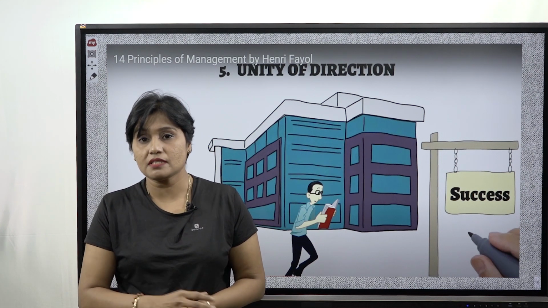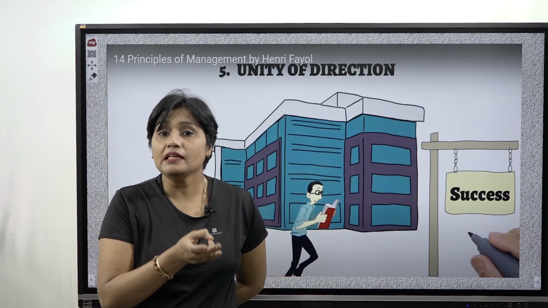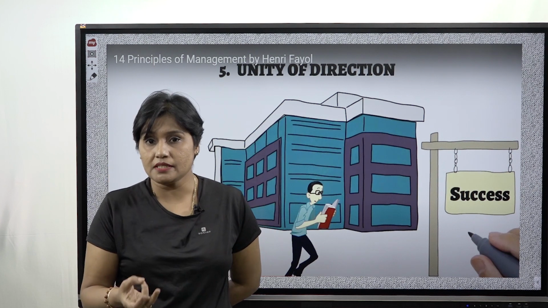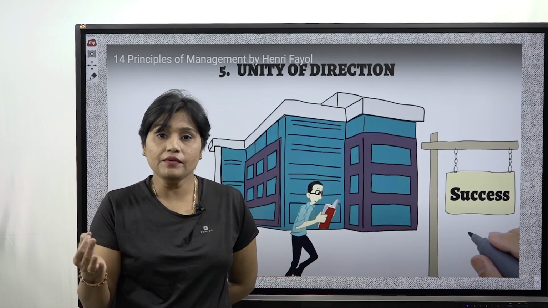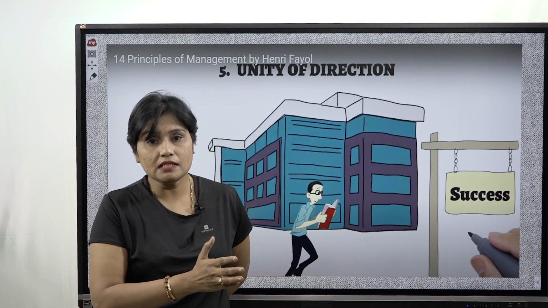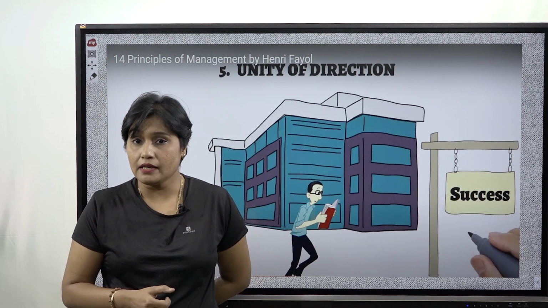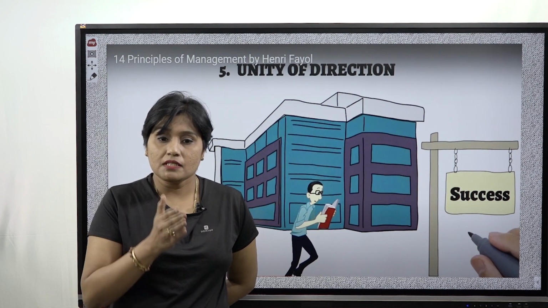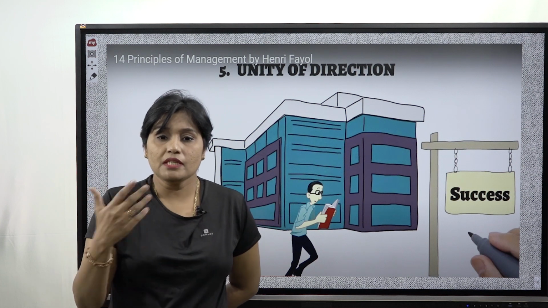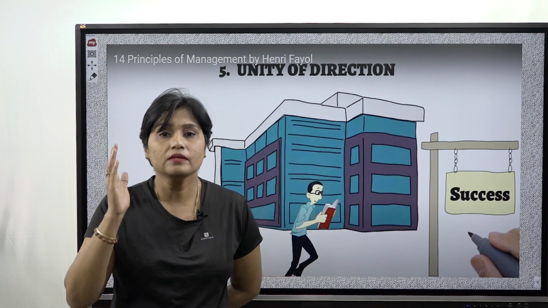Now, what are these 5 M's? Men. Men means the laborers. Money means the money investment. Machine means the production machineries. Men, money, machine, material. Material is the raw material that is used. Both are different. For motorcycles it's different. For cars also it is different. And the last one is method, that is the planning. That is, the managers must take care only of a single unit. So, now to summarize, unity of direction means one head, one plan.